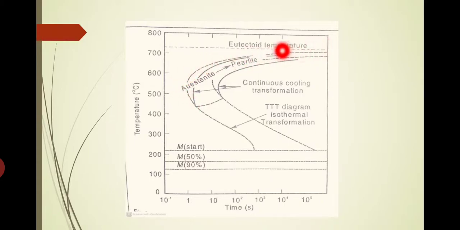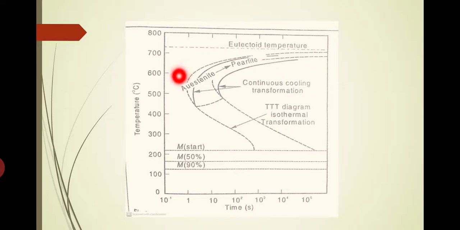So starting from here, this dotted line shows the starting point of the transformation of the austenite to pearlite or bainite or martensite, whatever may be the final product. Anyway, in this region we will have the complete austenite, the stable structure of the steel. That is what is called austenite. We will call it the gamma structure. So here we will have gamma iron, gamma form, austenite form.